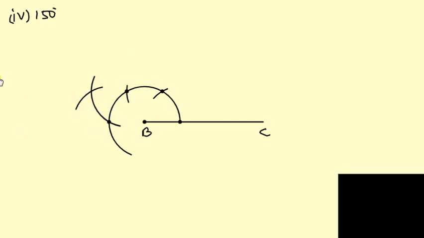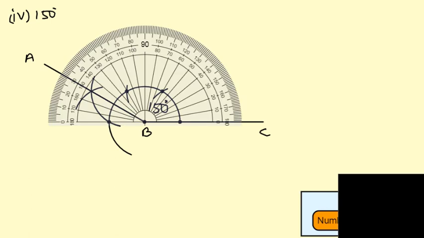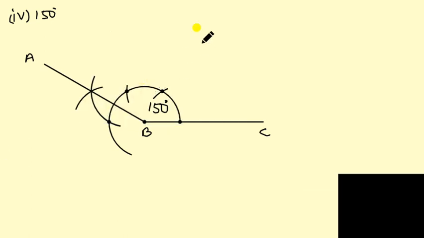That is the 150 degrees. So how can we draw 150 degrees with the help of compass and scale? So first of all, take the scale and draw a line. It is 6 centimeters. Now remove the scale and write here BC, that is the 6 centimeters, and draw an arc from B with the help of compass. So we can take it here at B, and now we want to draw an arc here like this.